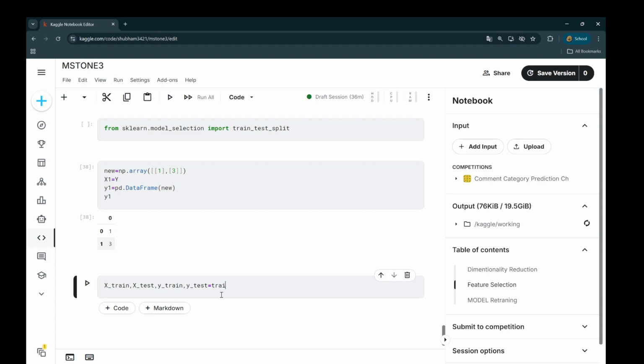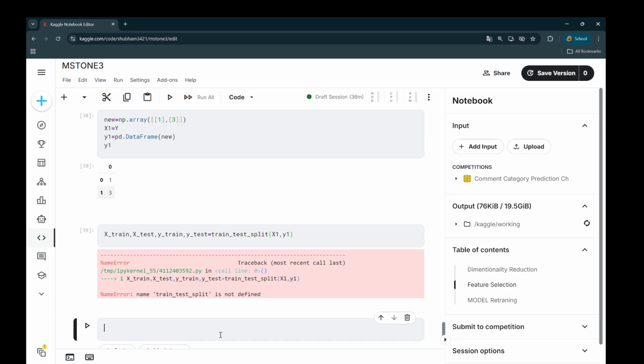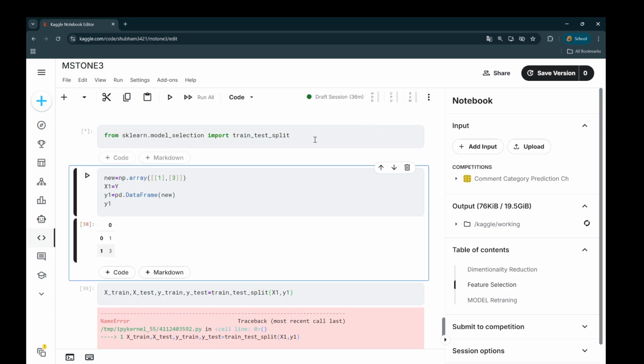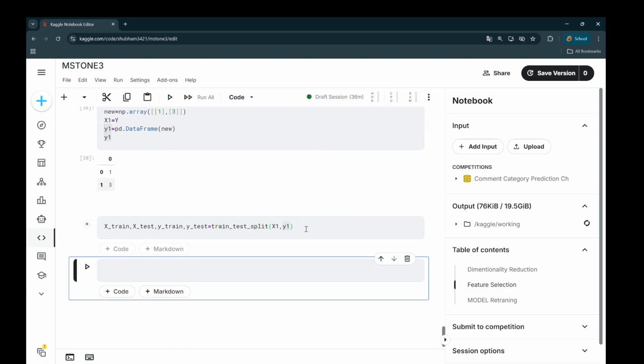I will use train test split and then give this x1 comma y1. Then I will give nothing. Okay, I've not done this one. Sorry, my bad. So you have done this, and then we will import the model from